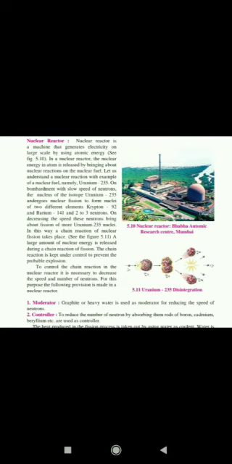So first 1 uranium atom gives rise to 2 products, those 2 will give rise to 4 products, the 4 will give rise to 8 products, 8 will give rise to 16 products, and in this way atomic energy is increased. This large amount of atomic or nuclear energy released during this reaction is converted into electricity. But it is very important to keep this energy under control.